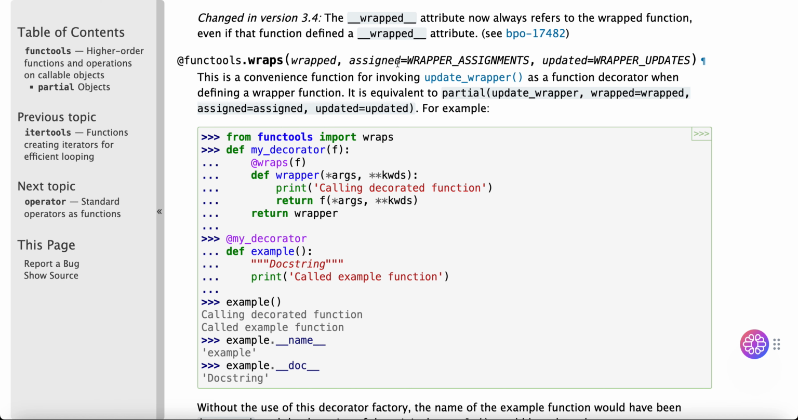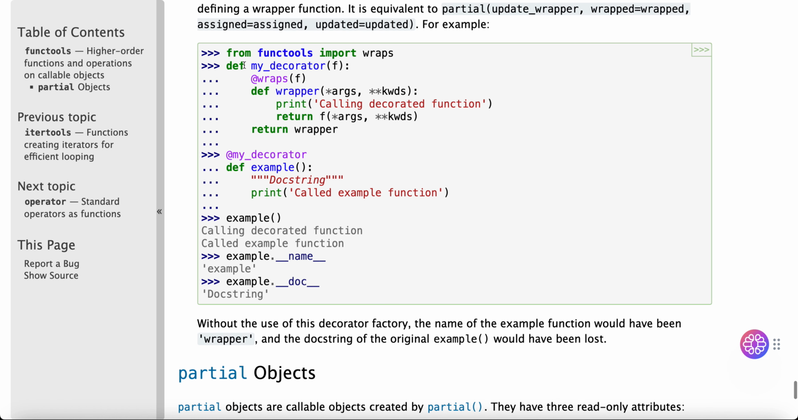functools.wraps(wrapped, assigned=WRAPPER_ASSIGNMENTS, updated=WRAPPER_UPDATES). This is a convenience function for invoking update_wrapper as a function decorator when defining a wrapper function. It is equivalent to partial(update_wrapper, wrapped=wrapped, assigned=assigned, updated=updated). For example: from functools import wraps; def my_decorator(f): @wraps(f)